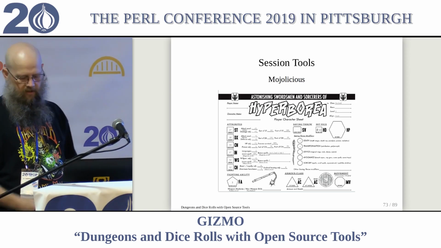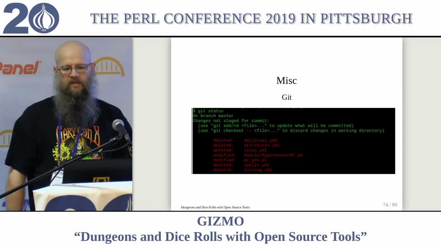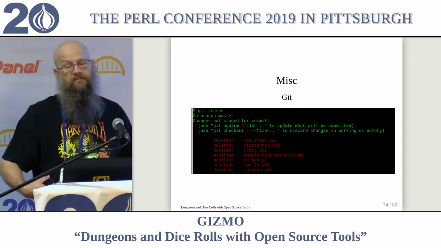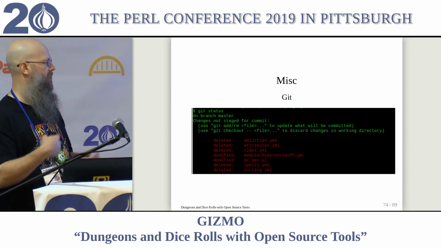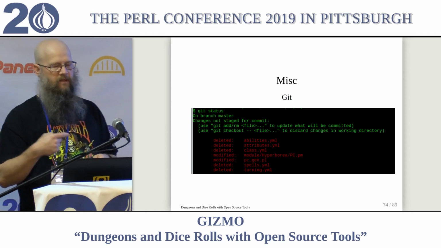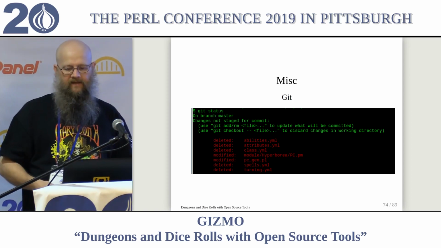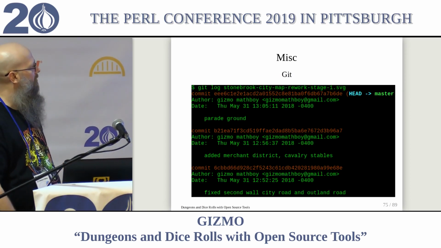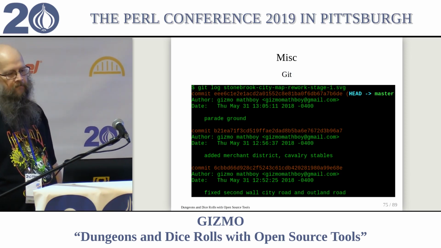So throughout all of this, I use Git to track changes. I don't have to do it because it's just me, but I like to do it because, especially with my SVG files, I can roll back changes I've made in my map. It's like, crap, I didn't want that. I try to have meaningful commit messages. You know, this is from the log for my rework of that Stonebrook City.